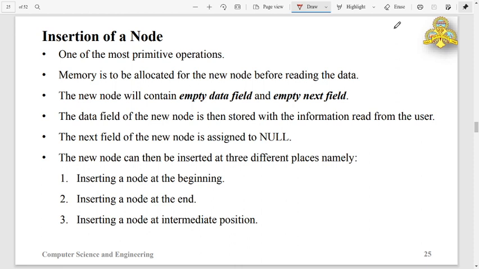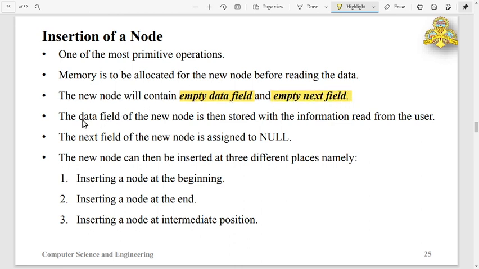We can enter the data while creating the node, or we can prepare the data initially and pass that data to the create node function as an argument. So memory is to be allocated for the node before reading the data. When we have just allocated memory, the data field will be empty and the next field will be empty.